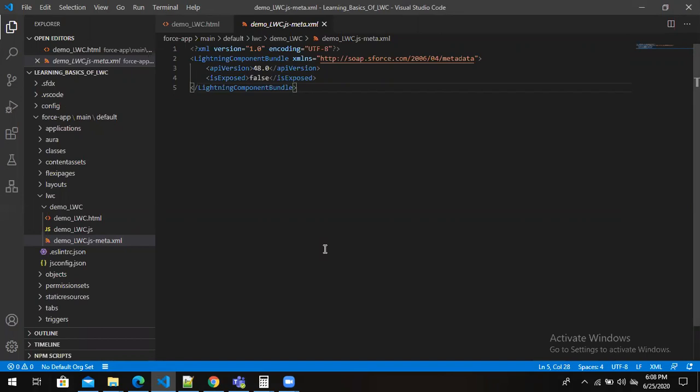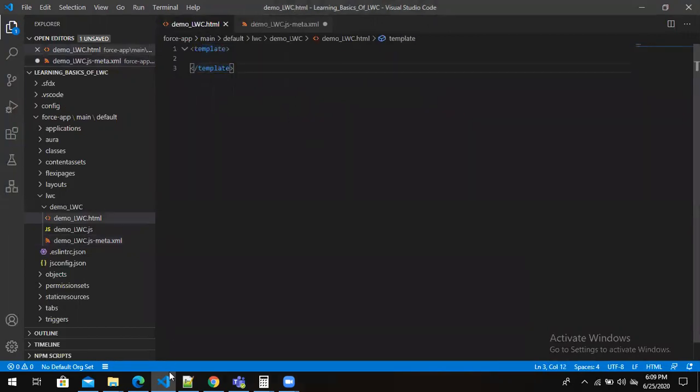If you want to make this component available, then first thing is isExposed should be true. We have to mark isExposed as true, and we have to pass some other parameters as well. If we want this component to be available on the record page, then there is a syntax for this.